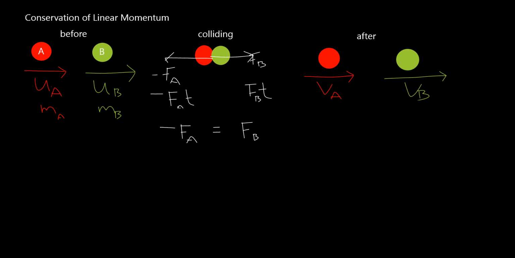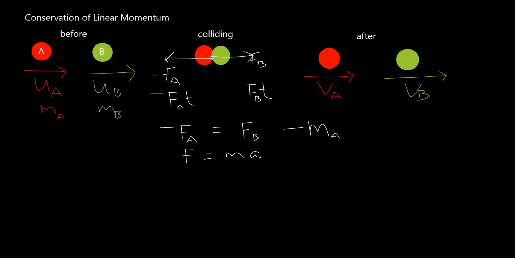But we also know from Newton's second law that F is equal to mass times the acceleration. In other words, if we have a mass and we impart a force on it, it will accelerate. So this just implies that minus